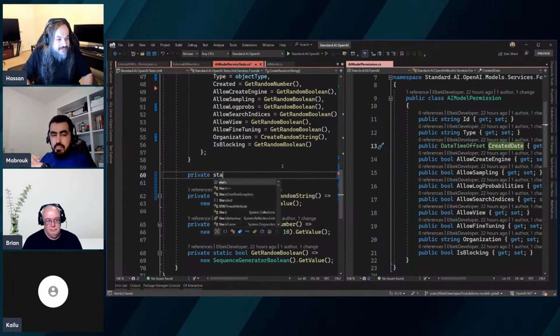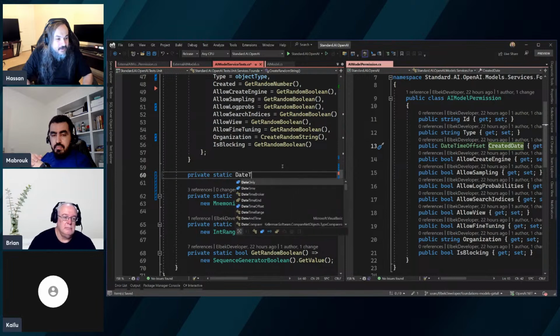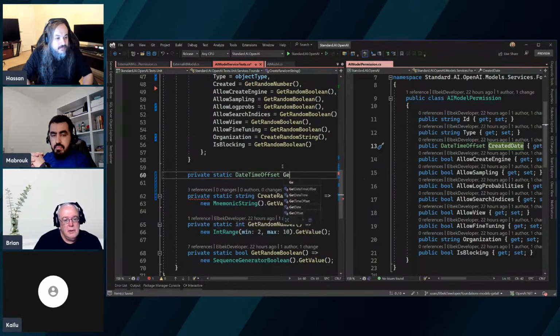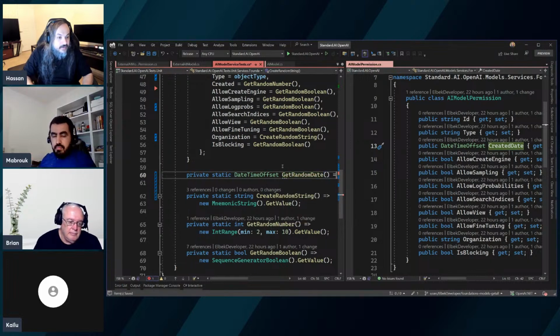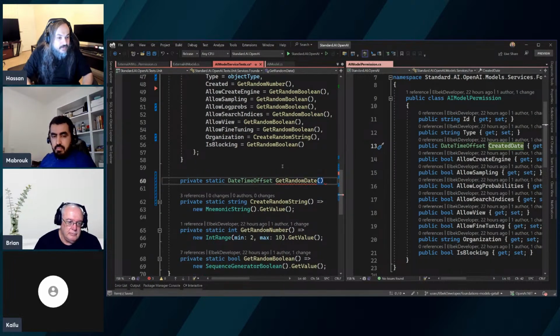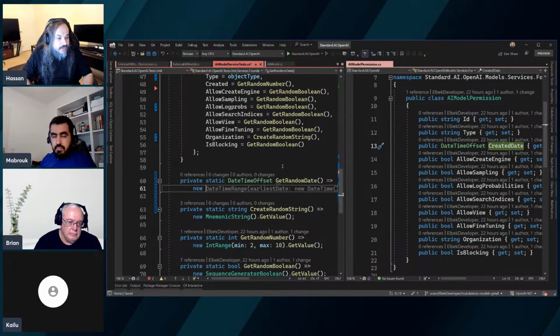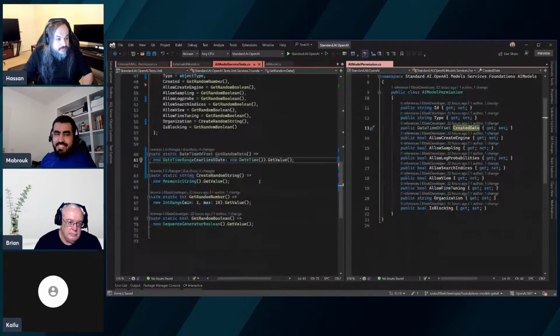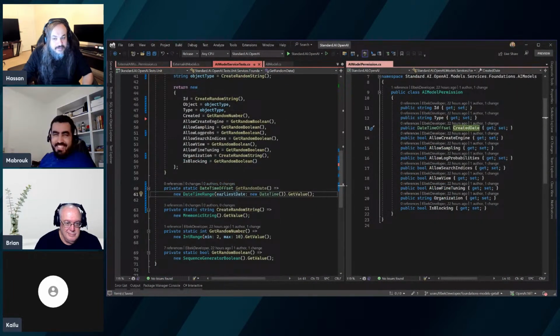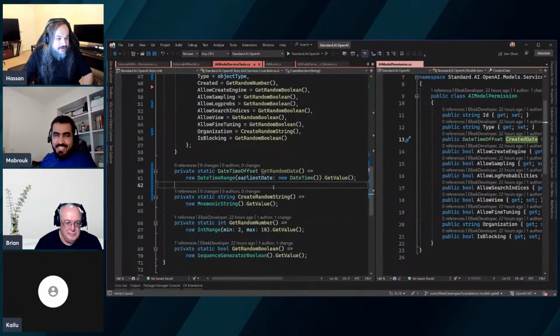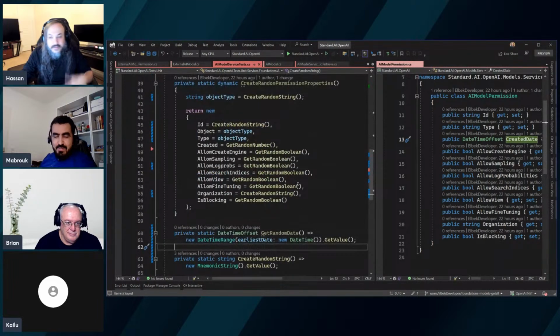So private, static, DateTimeOffset, GetRandomDate, right? Get random date. And then how do we generate a random date? Do you guys remember? So we can go here and say DateTime.Now. Well, there you go. What's funny is that this is the old way of doing things. There's a new way, but it needs a little bit of adaptation and explanation. Like this way here,